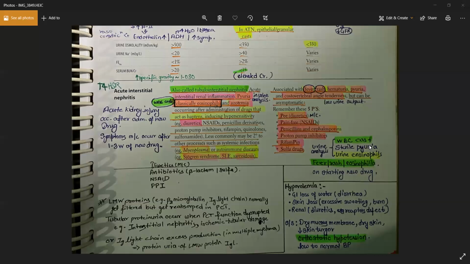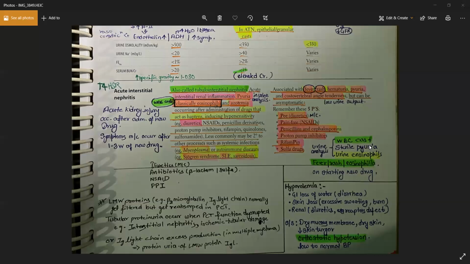So is it type 4 hypersensitivity because of the hapten? No, a hapten can be present in any case. In type 1, type 2, type 3, type 4, in all of these scenarios, you need some antigen, right? And that is a hapten. You call it the smallest antigen, right? A hapten is nothing but the smallest antigen that drugs can have. So a hapten can be present in any of the hypersensitivities.